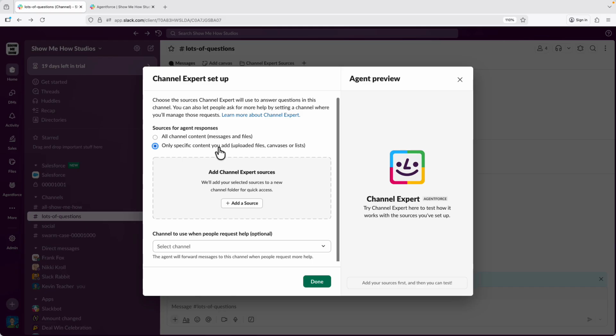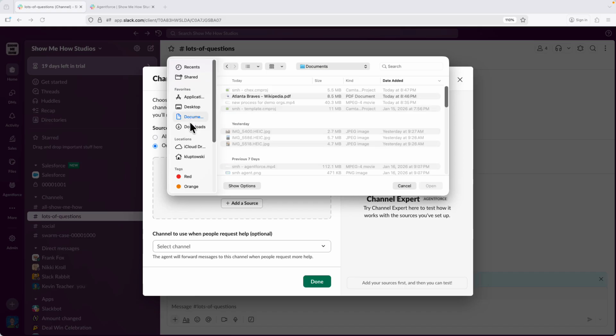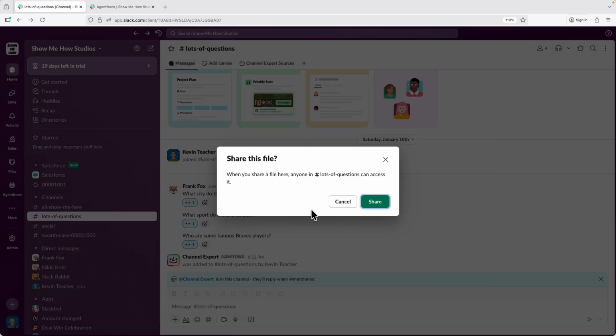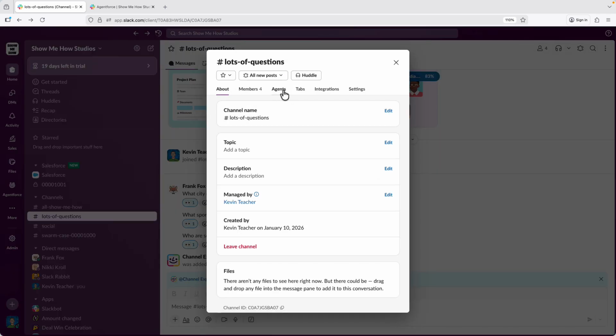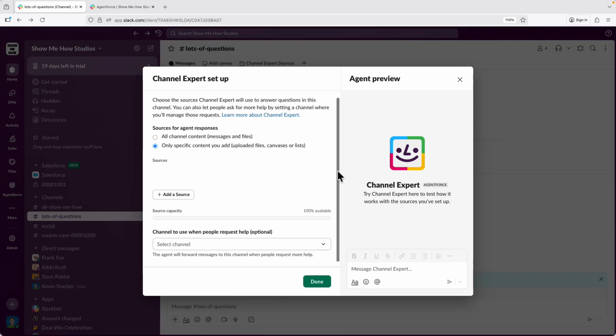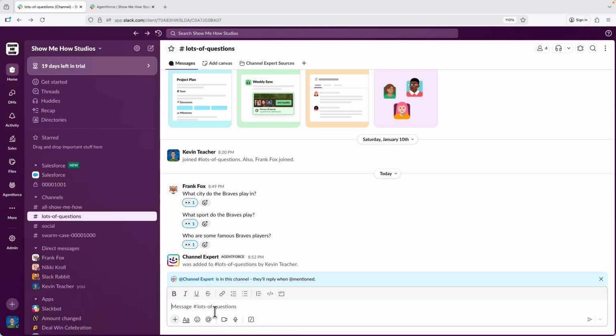And I'm going to do that for this. I kind of like this. I've just got a PDF that I have of the Atlanta Braves Wikipedia page. But of course, you could also grab the existing canvases and files and other lists that have been shared directly in Slack already. Okay, so if I look at this, now we see that this Wikipedia page is already uploaded to our sources. We can add more, but now any message where we tag